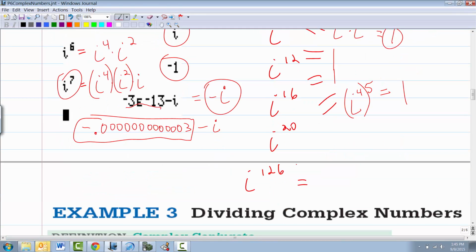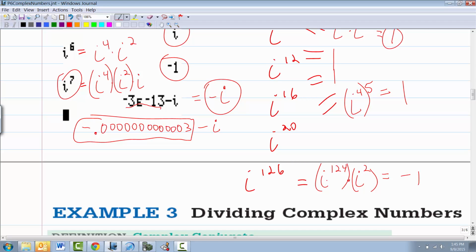So let's do this one. You know, ding-a-ling, see? It's all exciting. What's i to the 126th? It's either what or what. My people last year in Math 2 figured this out. What are my two possibilities? 1 or negative 1. It's not i or negative i because the power is even. But actually the multiple of 4 is 124 with an i squared left over. So what is the answer? 1 or negative 1? See, this is 1 is what I'm saying, and this is negative 1.